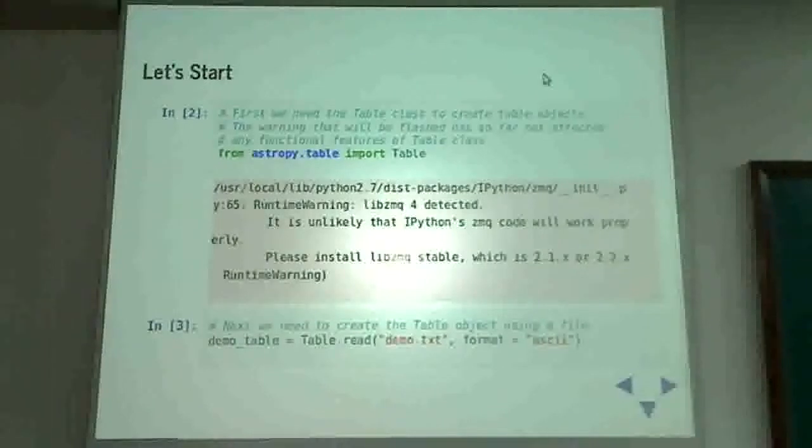Okay, so to load the table, I'll start by defining a variable that will point to the table object, and I'll say it is equal to Table.read, the name of the file I want to load, and the specification of the format. Now for ASCII files, it is almost compulsory that you must include this statement. If you are loading a FITS table, since you do not expect FITS tables to have any other extension but .fits, you can skip this format equal to FITS at that time. It will directly recognize a FITS table and load it. Same goes for VO table, which either has an extension .vot or .xml.